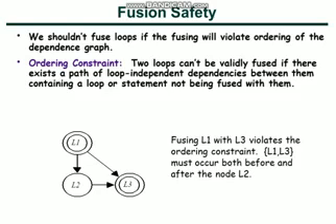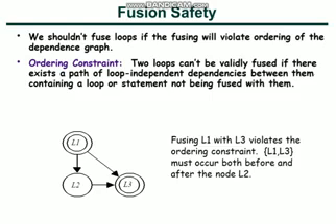So whenever you have to fuse loops, you have to see the dependence graph also, and you have to find whether you have any ordering constraint. And to find an ordering constraint is very easy. You have to see whether you have any alternate path between the loops which are to be fused, and that alternate path is going through some non-parallelized loop.